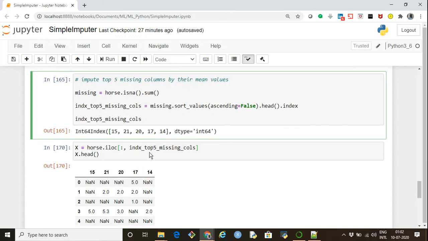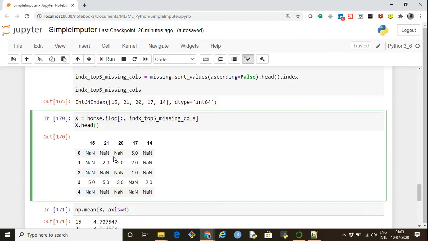Now let's say we have to impute for these particular columns only. So I'm selecting data from the main data frame, horse, only for these specific columns into a separate data frame x. So x equals horse.iloc, select all the rows and only the columns we are interested in, and I'm displaying x.